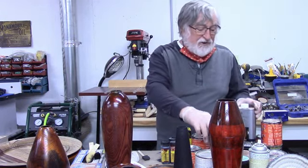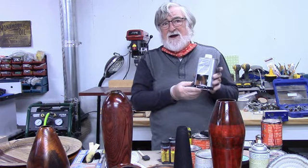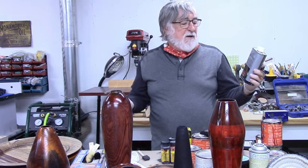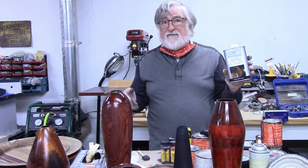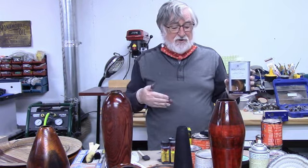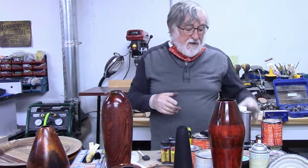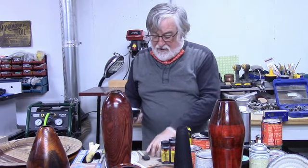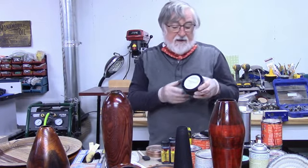I don't know that this is any better than a lot of the other sanding sealers that you can get, but some of the sanding sealers have different solvents in them and will play differently with whatever stains you're using, so be careful. The other products that I'm using right now that I like a whole lot, one is Yorkshire